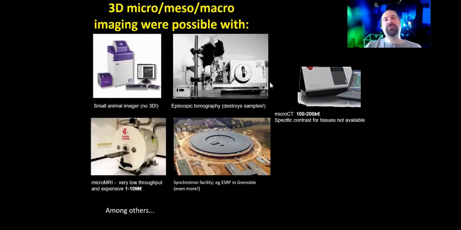The other alternative, which is typically not available to microscopists and developmental biologists, is a micro X-ray CT scanner, which you will find very often in engineering departments. The problem of micro CT scanners is that they are not designed to operate with transparent samples, with biological samples that don't have radio opacity. If you put an embryo inside of one of these machines, it's too transparent for X-rays and you won't